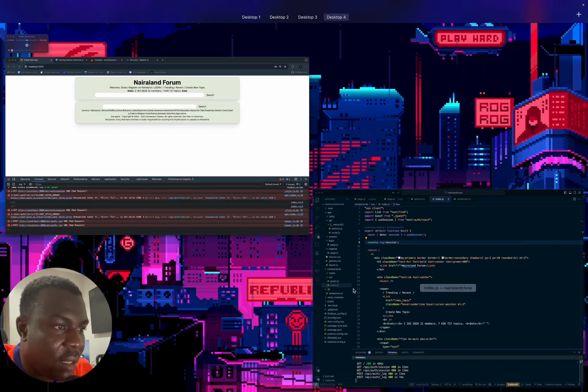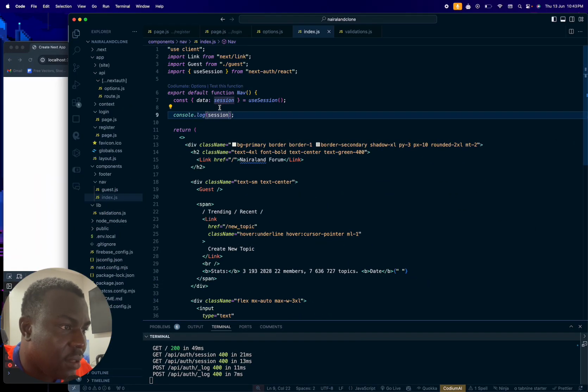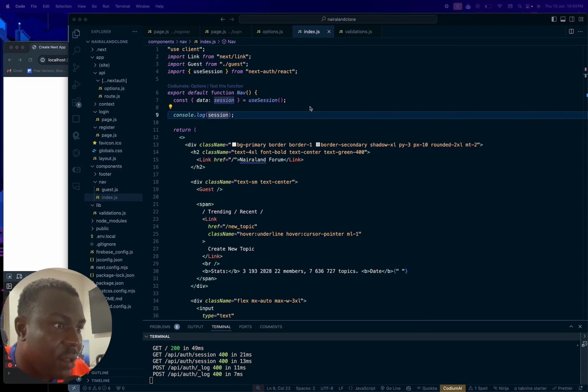Index 9. It's index 9 that we're using. So why is it saying undefined? We need to find a solution for that. So we have our use session, which we import from Next-Auth React, and we're console logging that use session. We're supposed to see